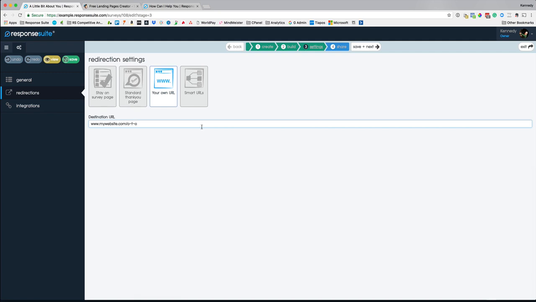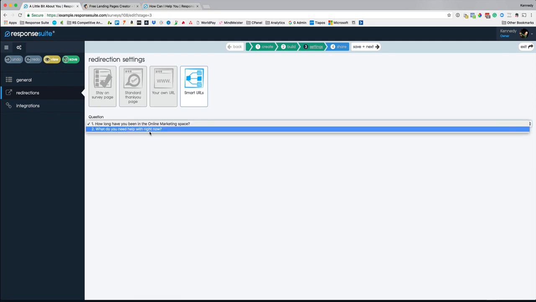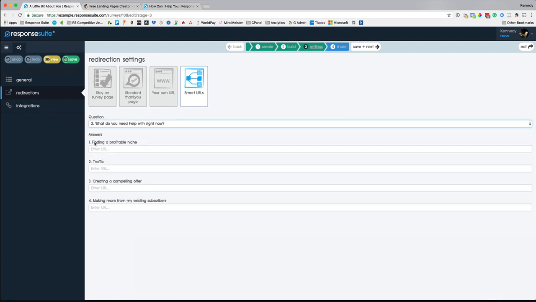And if you think that's amazing, wait till you see what you can do with this beautiful feature that we invented called Smart URLs. So with Smart URLs, you can select any question which is a single choice question, like a radio button question, and you can send people to a different thank you URL depending on their answer to your question. So for example, we had a question in our survey called, what do you need help with right now? So imagine if they chose the option of finding a profitable niche, you could send them to